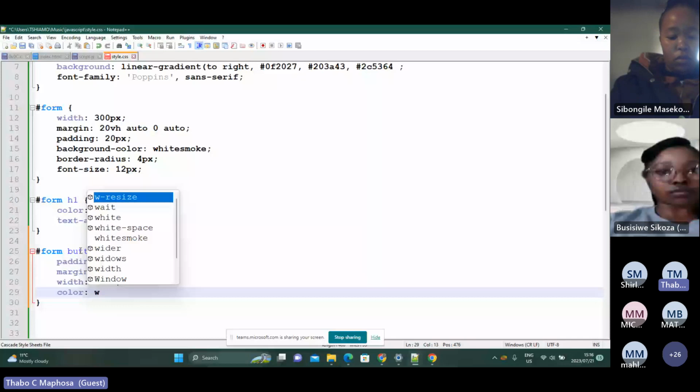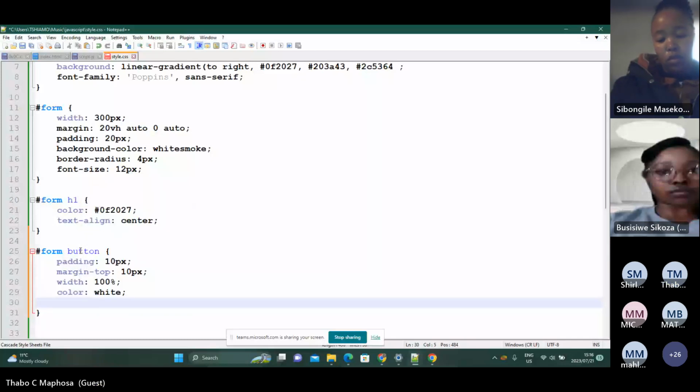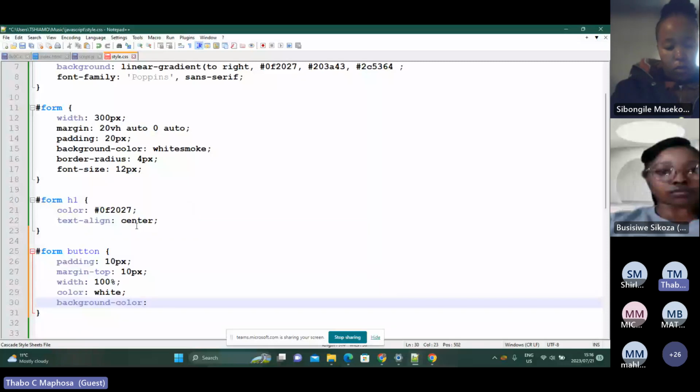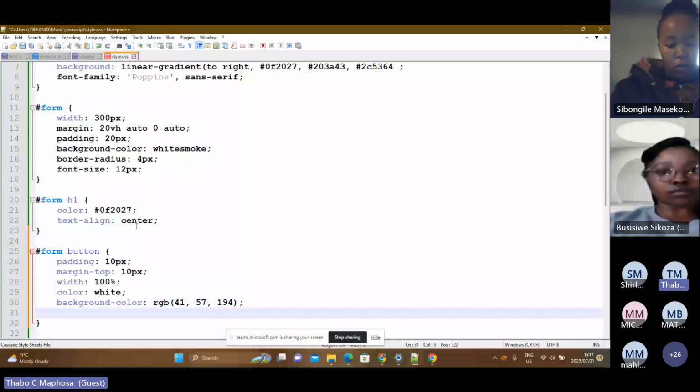And then we can have a background color of our button there, and then let's just experiment. RGB, which is red, green, and blue. So I'm just gonna play around with figures. 41, like that, and like that. Okay. Now this here is to show you that there's different ways that we can literally write our